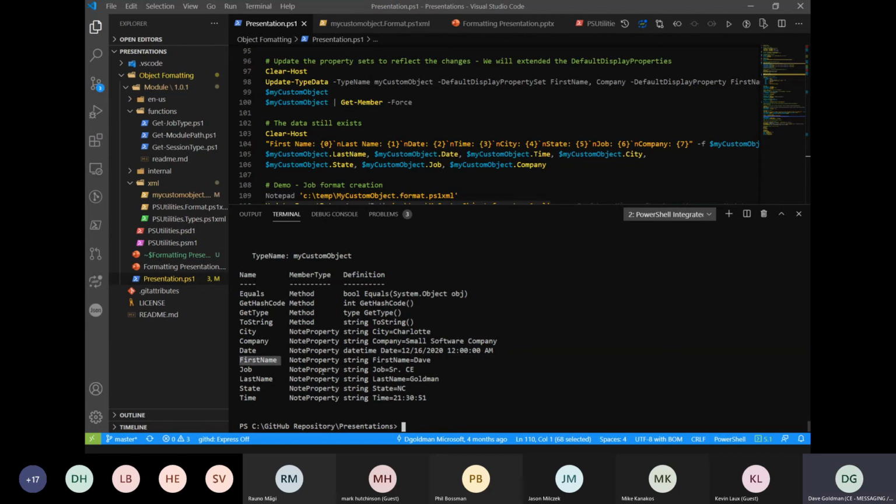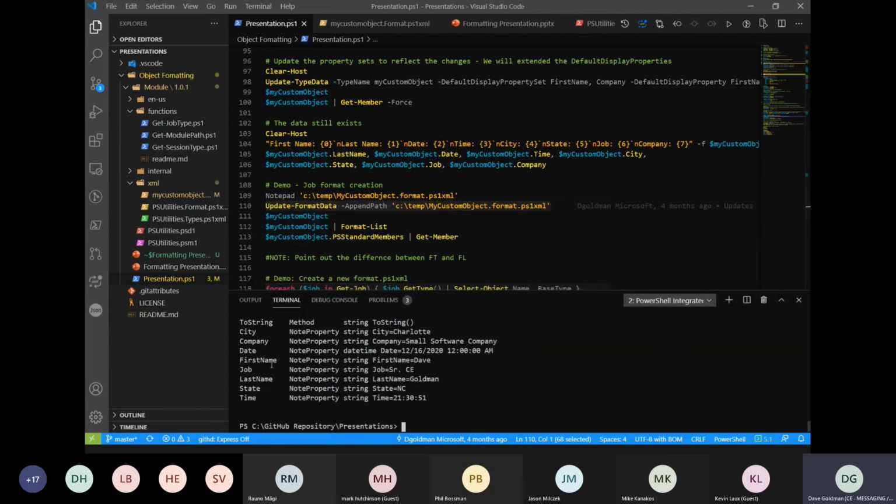So maybe this is the object that I got, but Mike is in HR and Mike's like, hey, the data that you're sending me really doesn't work for me because I can't import this. Maybe he's taking it and just doing a cut and paste from the screen and needs it to say first, or he's pasting it into an Excel spreadsheet. So this is how you can start to customize that data on the fly.